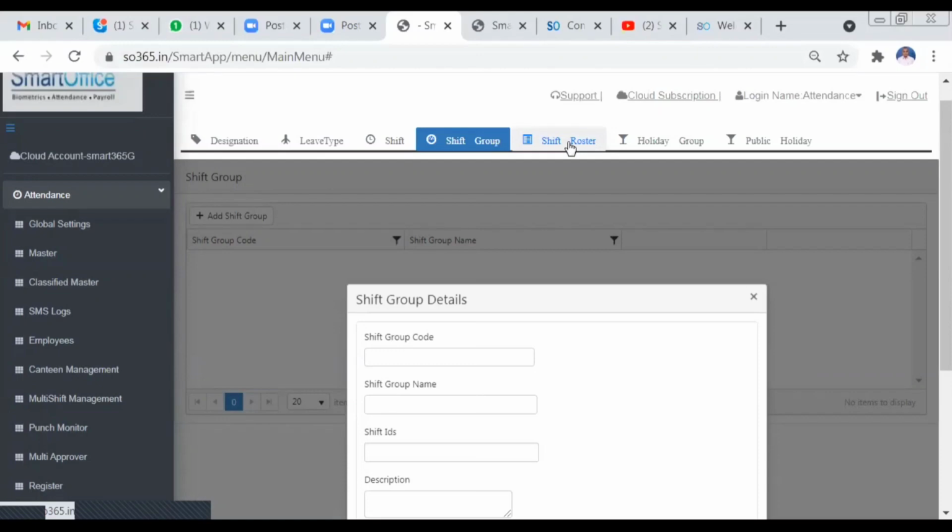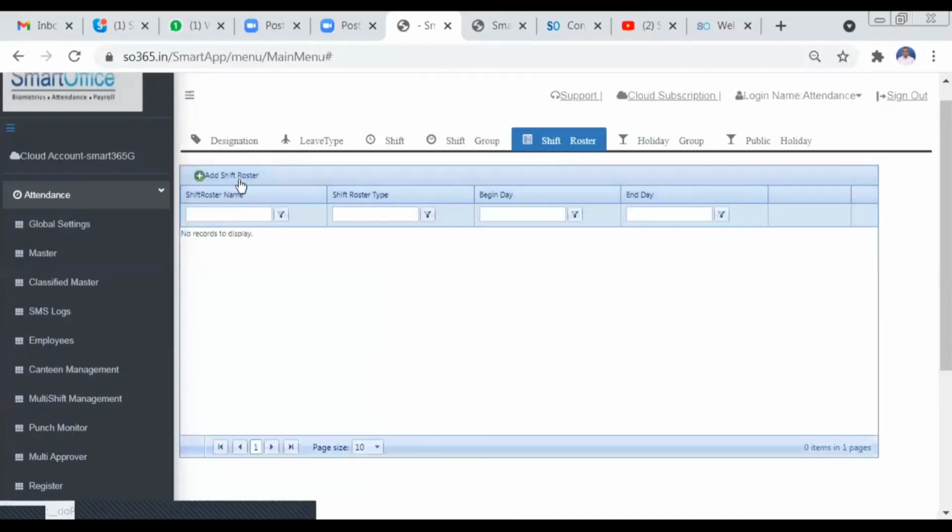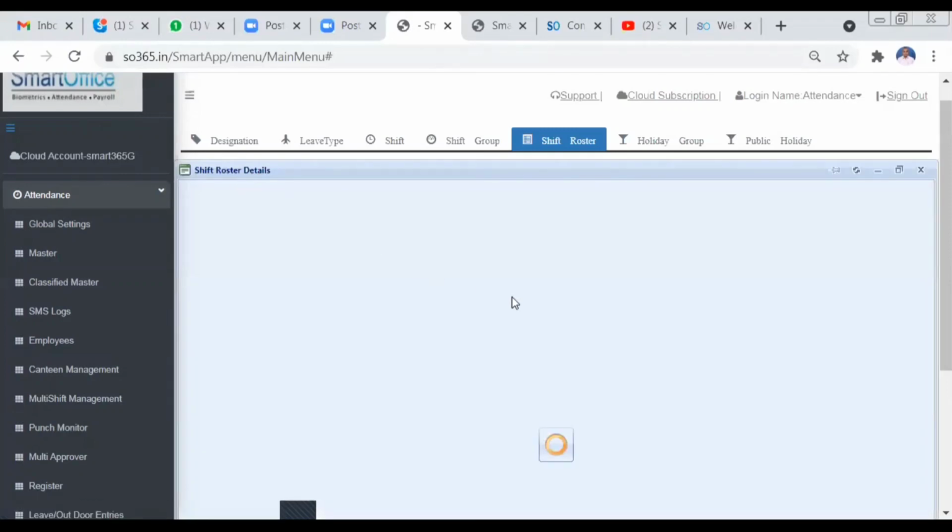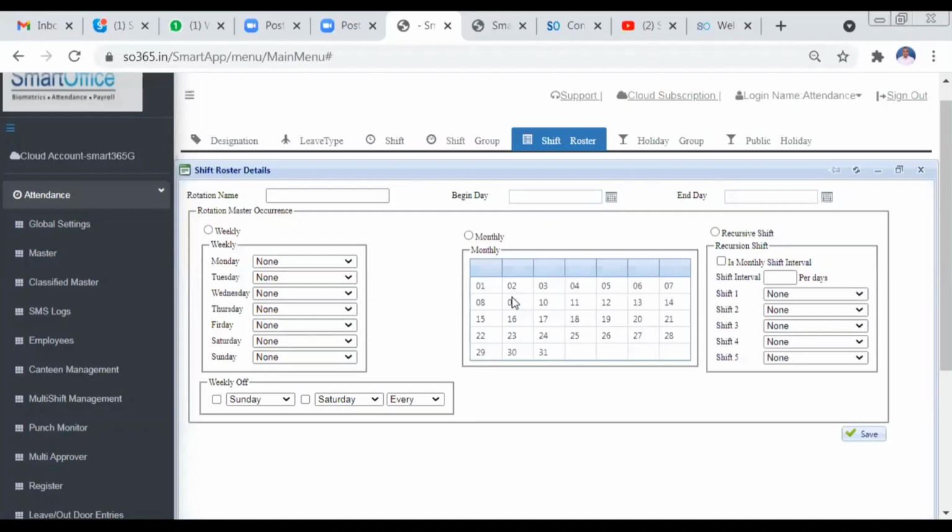Coming to shift roster, if you have rotational week offs or rotational shifts, you can make that rotation either weekly or monthly. So weekly or monthly, you can create a shift roster and assign it to your employees. Now coming to the holiday group.